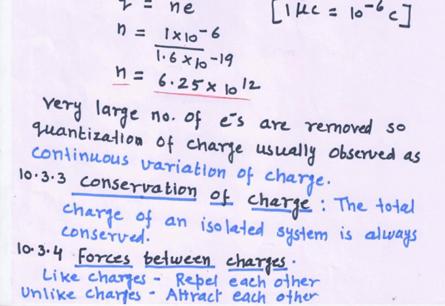Now when we say a body is positively charged, take the very common example, when an ebonite rod is rubbed with fur, or other examples we have seen in earlier lectures or earlier standards, then when two bodies are rubbed together, there is a transfer of electrons and one body is positively charged and the other is negatively charged. So they have different characteristics: one is positive, the other is negative.